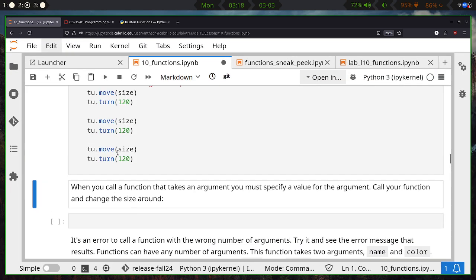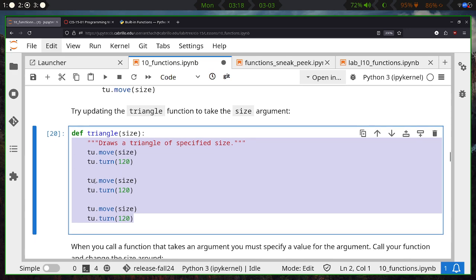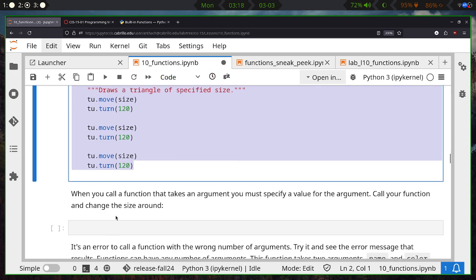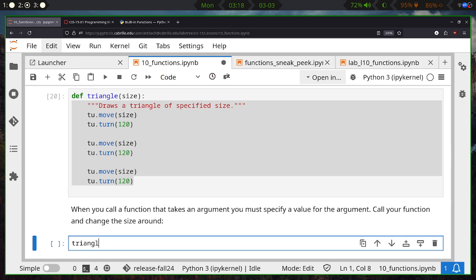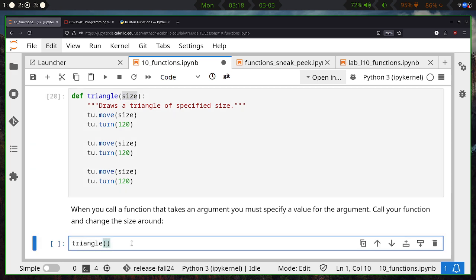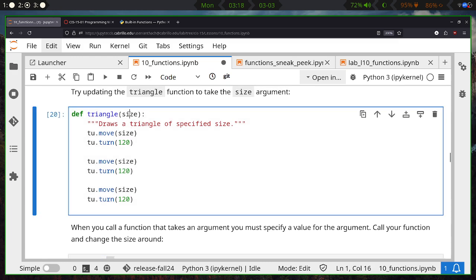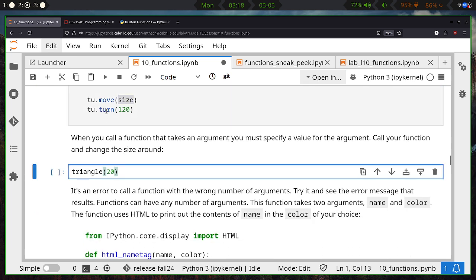Let's run it. Okay, it didn't do anything yet, because we need to invoke the triangle function. So let's go ahead and invoke it. So I'll go triangle, and then it does take 1 argument, a specified size. So I could put in some number here, like let's go 20. The second we play this function, 20 will get substituted into here, and then it will substitute into the rest of these sizes. So let's run this. So press play,